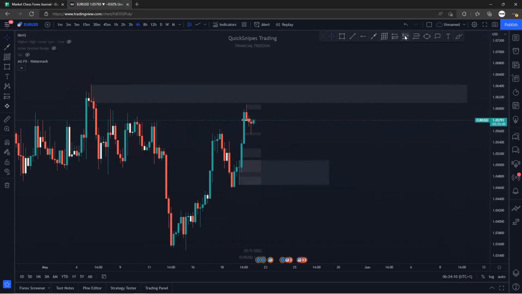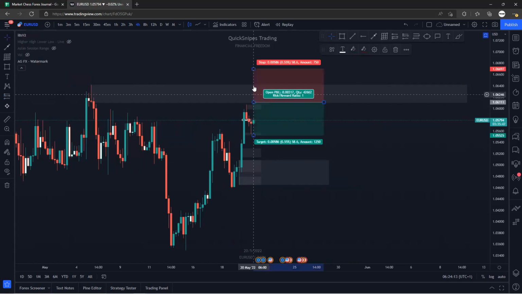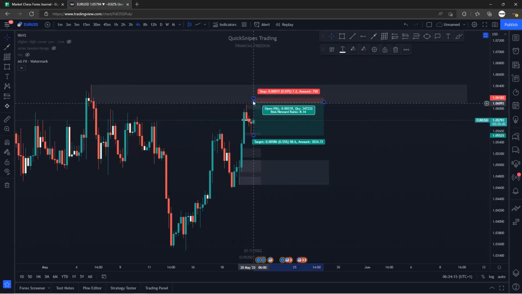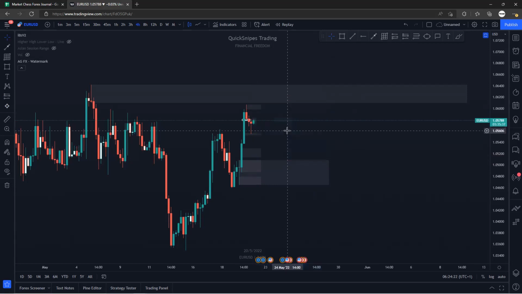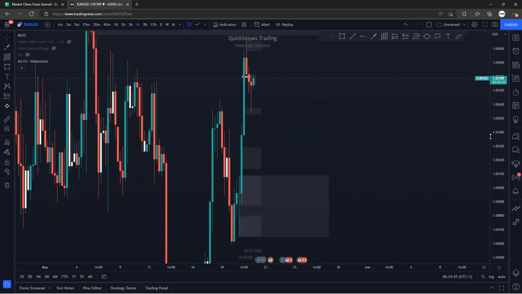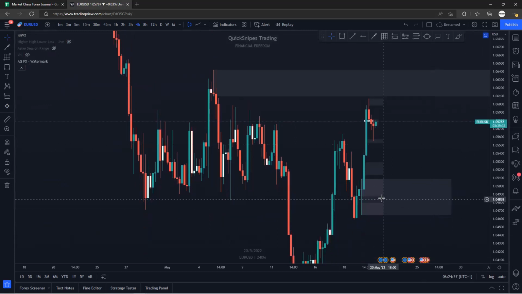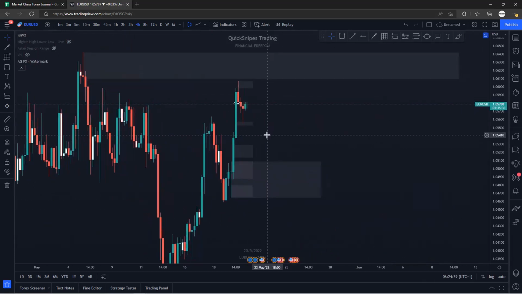So if I was to take a sell somewhere from there, it would look something along the lines of a 4-pip stop, and then it would be a high risk reward trade, which is why I want to get in and get out quick. I probably wouldn't hold for the whole duration for it to come right down to take profit. I'd get in with a 4-pip stop, and then I'd take profits as soon as I'm at 2-3R, or partial profits, and then put my stops at break even. Hopefully that clears up any